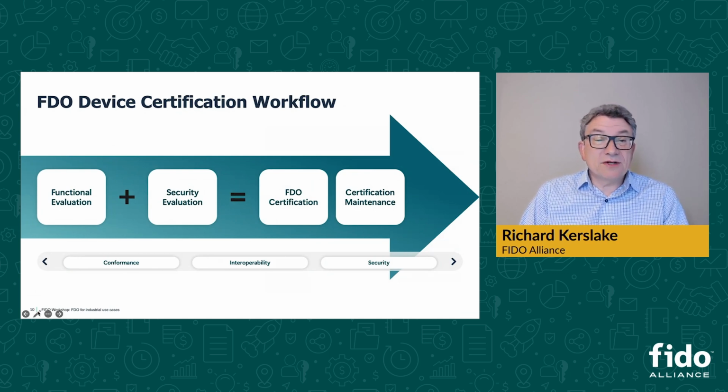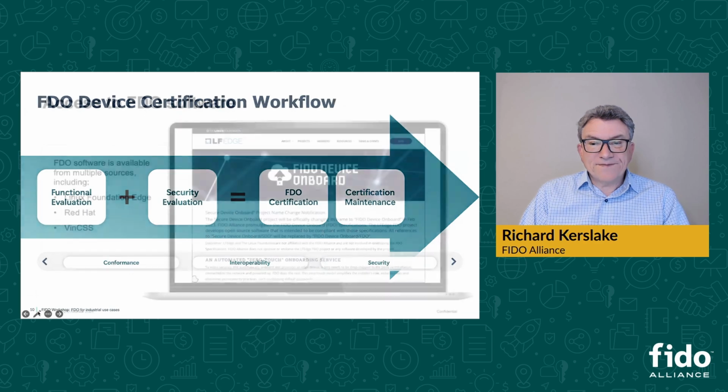Two, we actually do conformance testing. Does it meet the specification? So that if you say, look, I'm 1.1 certified, does it meet the 1.1 specification? And then we have a security questionnaire, which is just to make sure that all the boxes have been ticked appropriately so that the device itself is as secure as is reasonable for that class of product. And those all together give you that FDO certification. And again, more information is available should you like to know more.